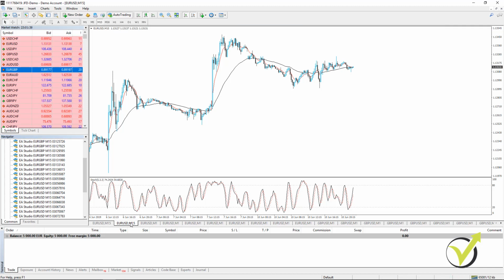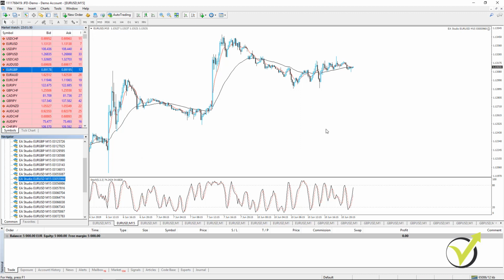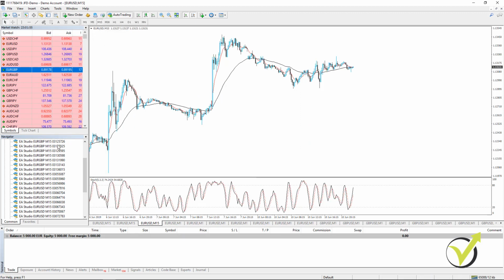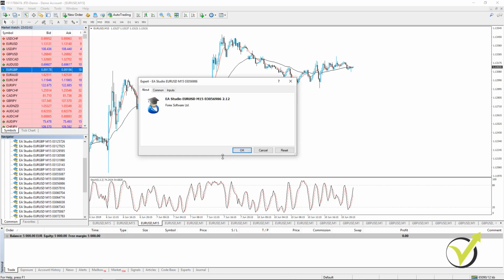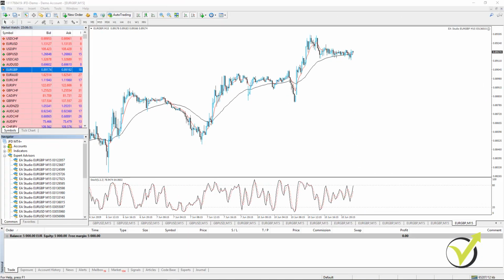Alright, then I will go to the second chart. I will drag the second expert advisor for euro dollar, so you can either drag it or double click on it, and when you click on OK you will have it attached to the chart. And the third one, make sure it's on M15 and you don't make a mistake with time frames. So this is the third expert advisor. I will double click on it and I will click on OK. So I will do the very same thing for the rest, and I will continue the video once I am ready. Alright, so I continue now the video